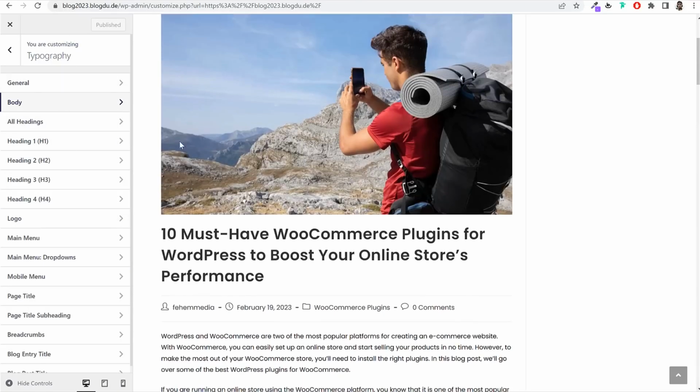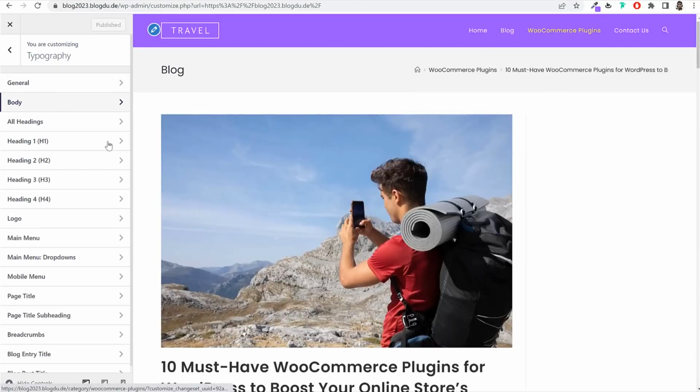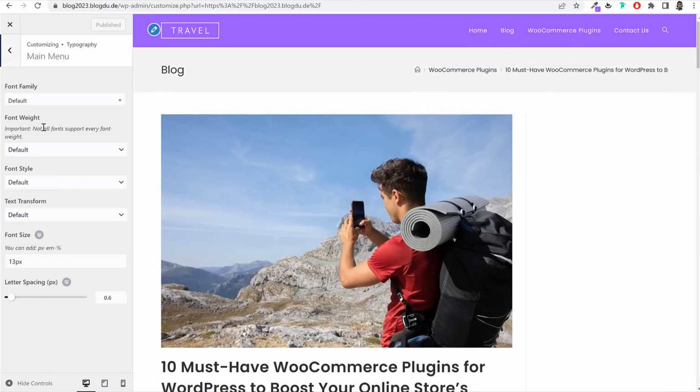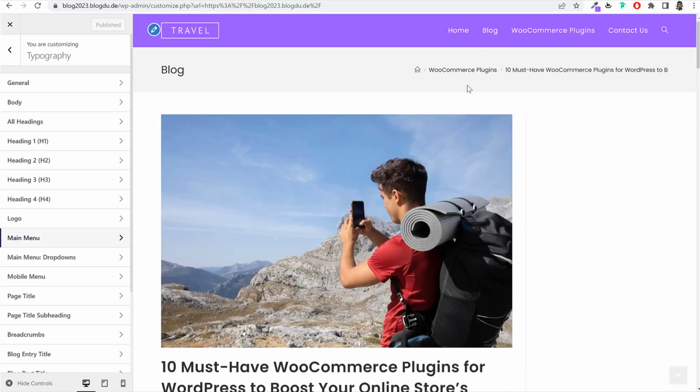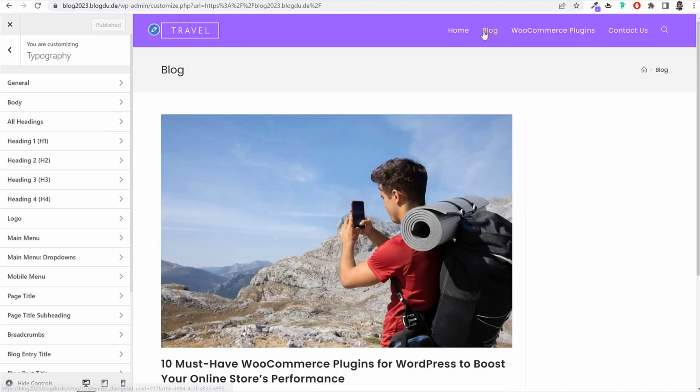Then after that, you can change the font family for the menu as well. So you can select main menu and make it Poppins. It is automatically Poppins because we have changed the body font family to Poppins. But you can also increase or decrease the size of this. Okay, like this. Then after that, for the blog page, if you open the blog page, this is how it is